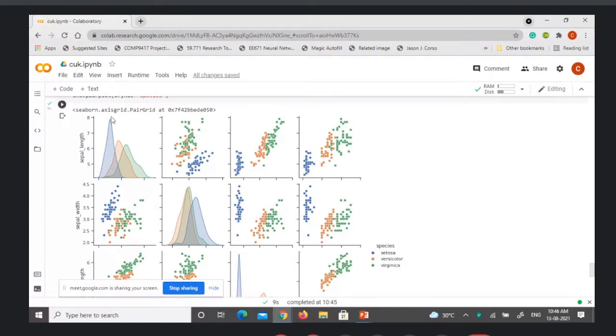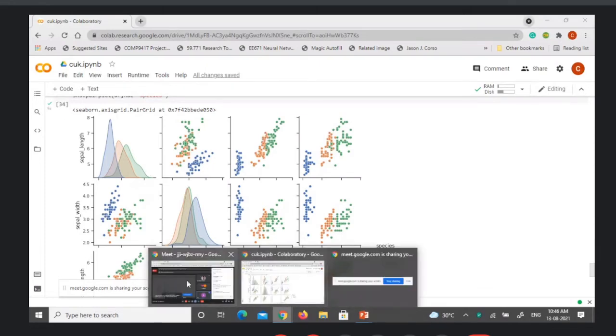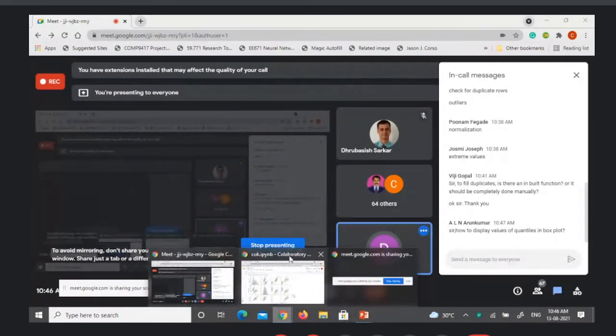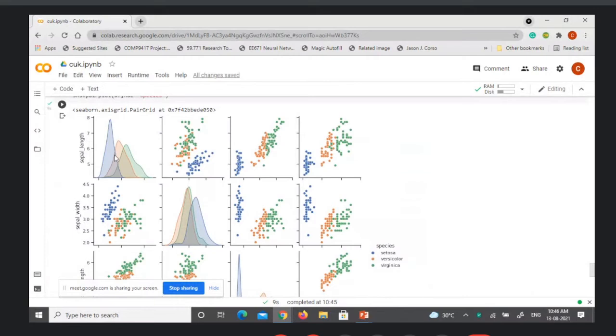This is the distribution of the data. This type of plot is highly useful when you do classification. It gives an insight into whether using one attribute alone, I can do the classification or not. That is what this will give.